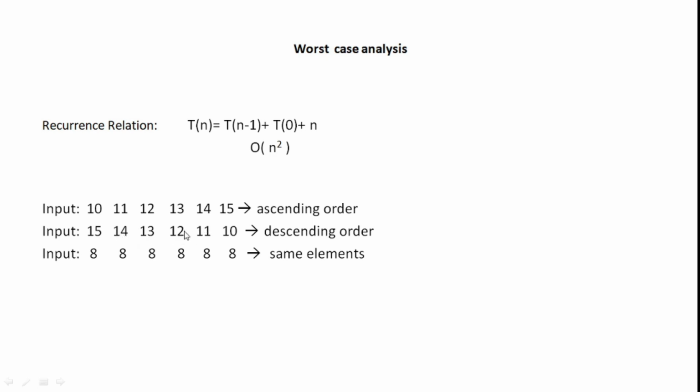And when we reach this part, we have to exchange the values of i plus 1 and pivot. So i was at -1, i plus 1 will be 0, meaning 15. Now 15 and 10 will be exchanged. Now 10 has come to its correct position. Okay, so in this way we are going to do that, and we'll again come up with this equation and we'll get this, and the same will be the case with these values. So that's it about the worst case analysis, and I hope that it has helped you.